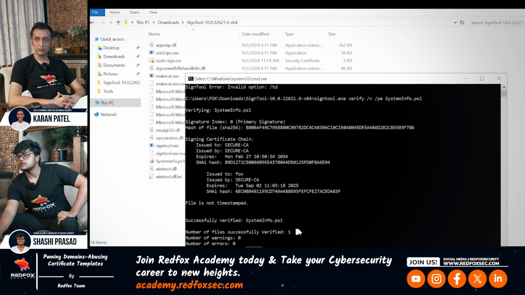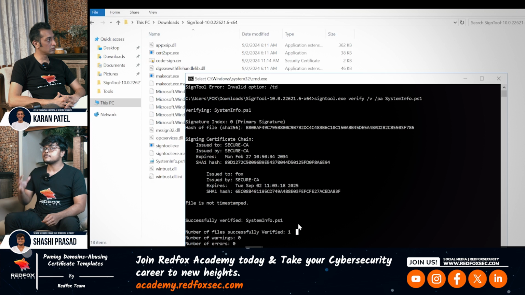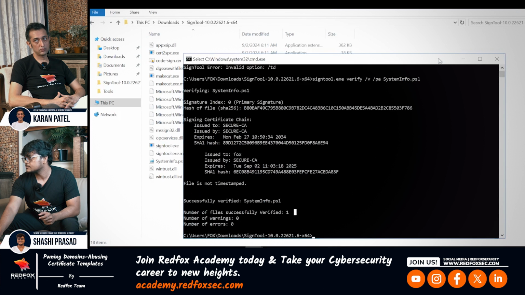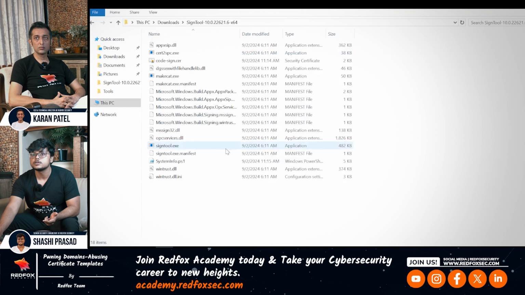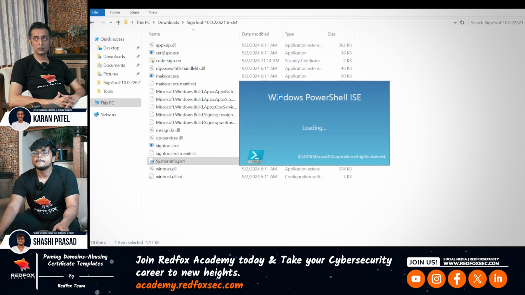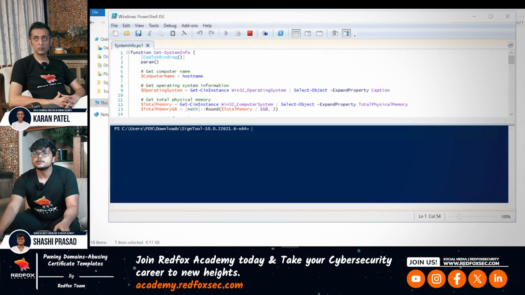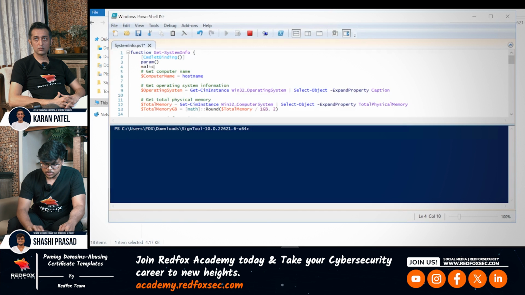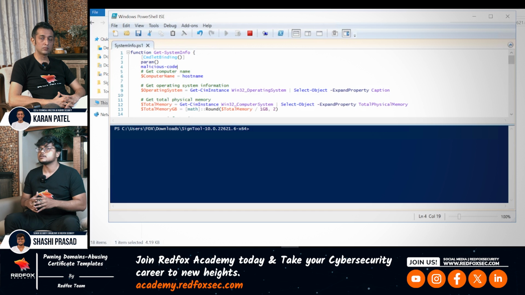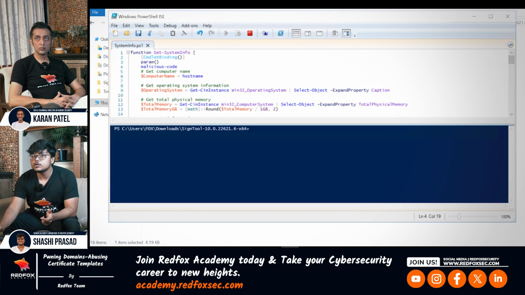Now let's suppose there is an attacker and they have access to this code and they can modify this code, right? So let's quickly modify this code, and then we will verify again whether the verification is successful or not. So let me just edit this file and let's write some malicious code. Okay, this is not C# code, it's just a dummy string. Let's suppose that the attacker has made changes in this code, and before pushing this code into production,